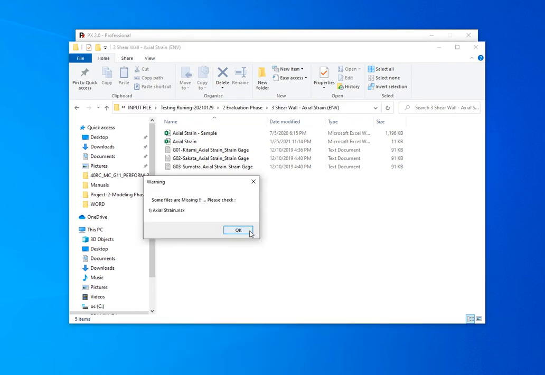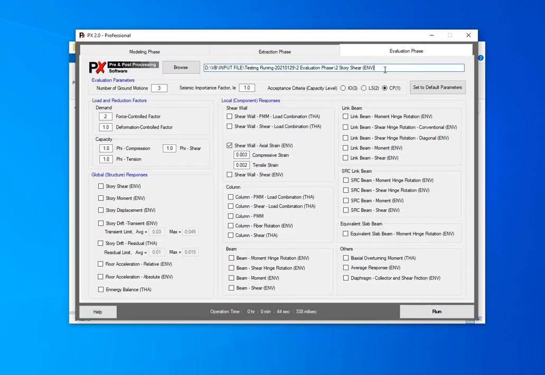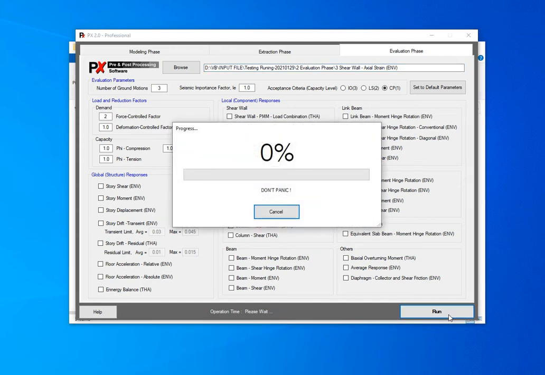It also shows you something wrong because the path is not correct. Okay, we just copy the path again. It should be axial strain. After the path is correct, the program can run.